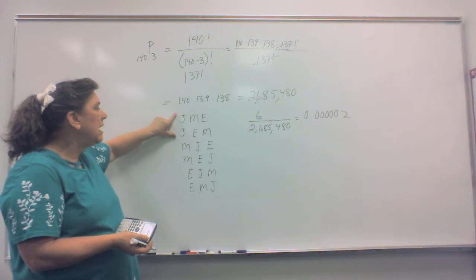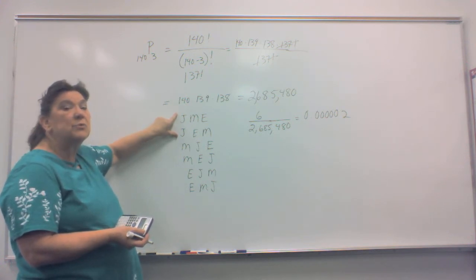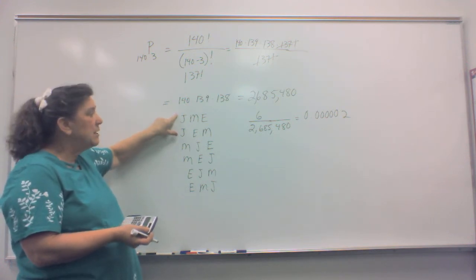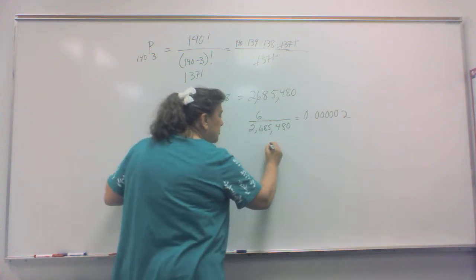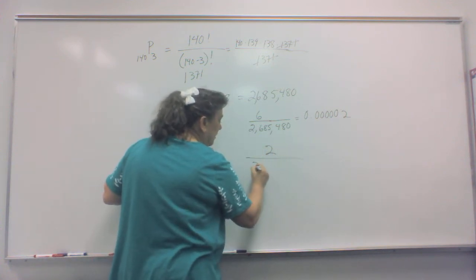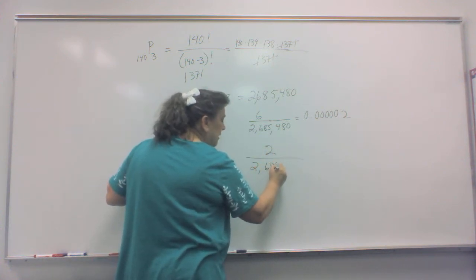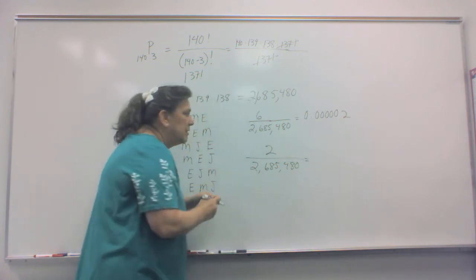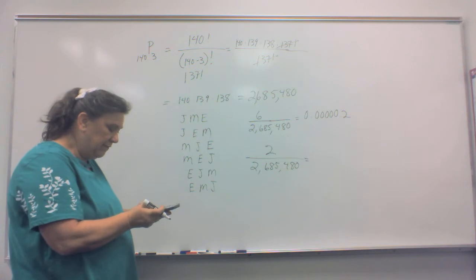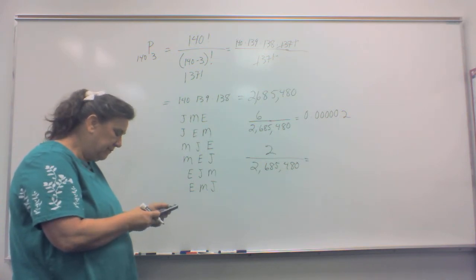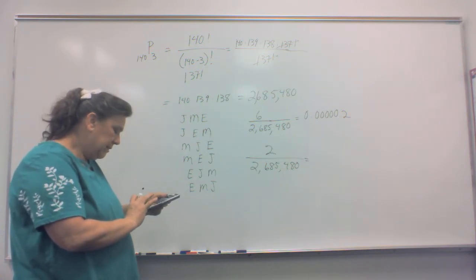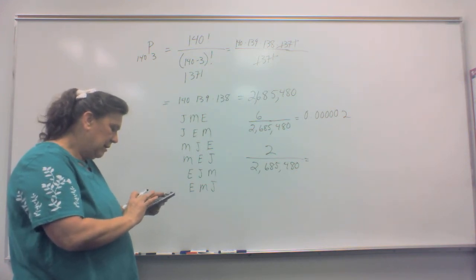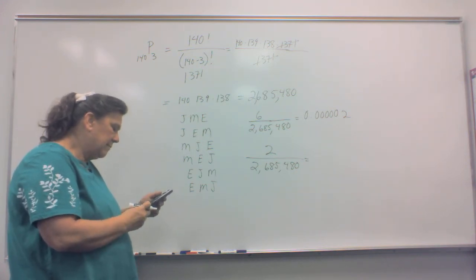Well, we only have 2 possibilities where John is first place. So now this would be 2 out of 2,685,480 possibilities. So again, that's going to be even less. So 2 divided by 2,685,480, and that gives us